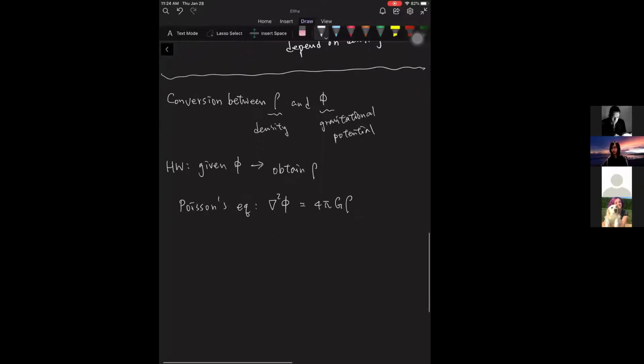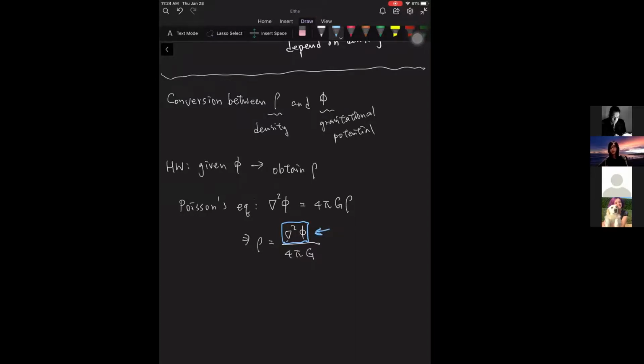So if we have the gravitational potential form, then to obtain the density, we will just use this equation and get rho equal to the Laplacian of phi over 4 pi G, right? And yeah, this is very simple. And calculating this Laplacian should also be simple, but